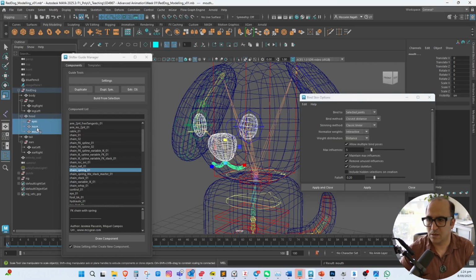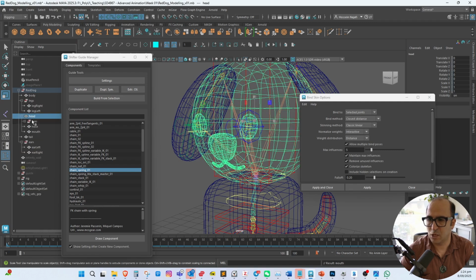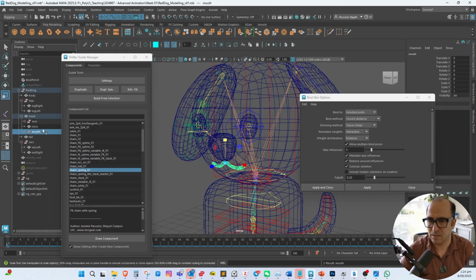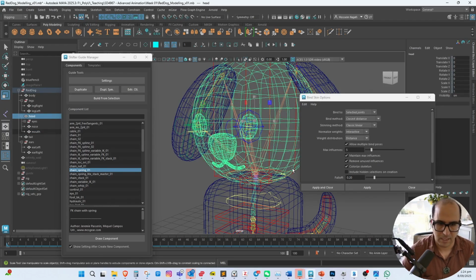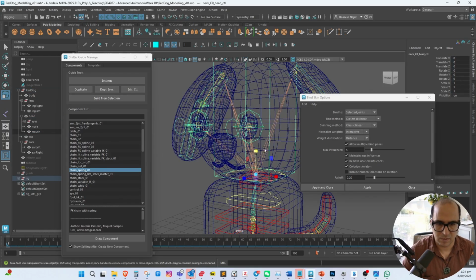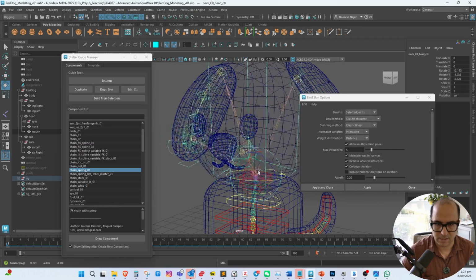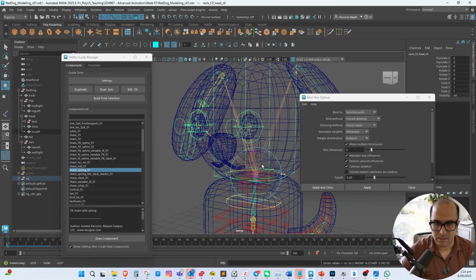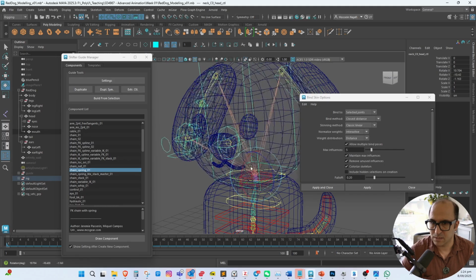So you see that they are dropped under the head. So this head includes them. So they're not separate objects. If the head moves like this, it should move them too. And if it doesn't,